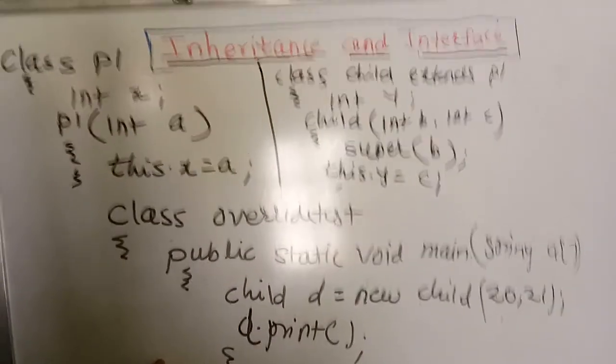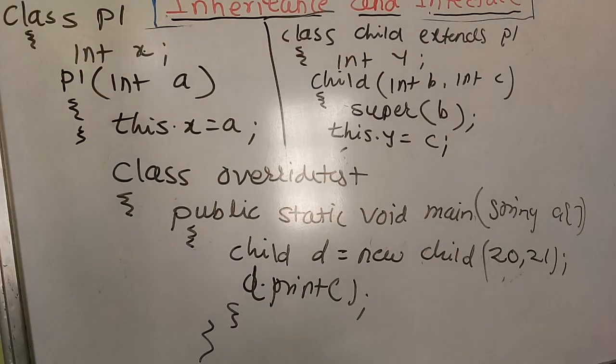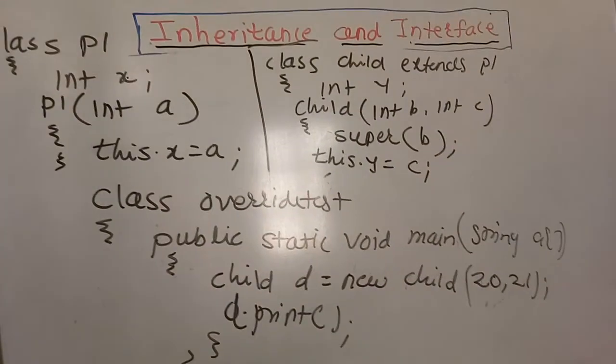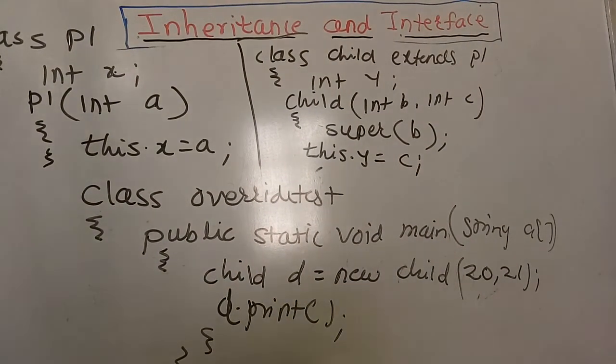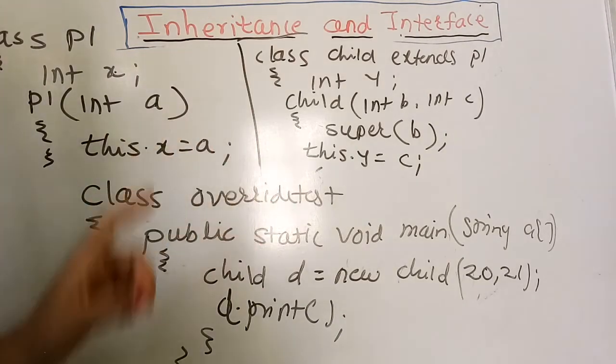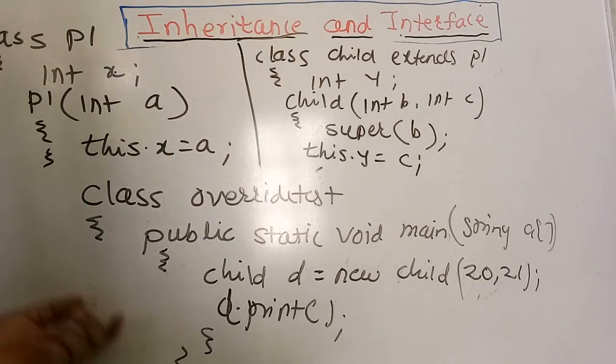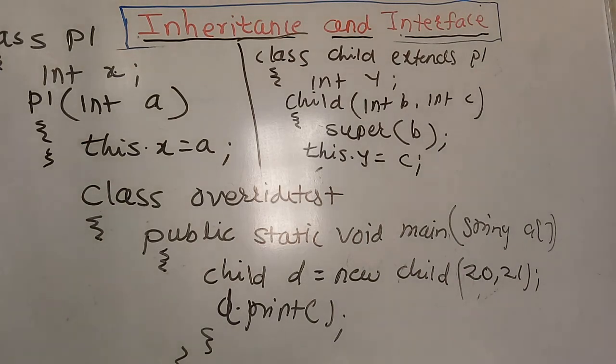Now which values are printed here? It will directly call the child class method, that is, the method written in the child class. It prints the two values x and y, so this method is called. If there was no such method in that class, then it would shift to the parent class method. So this is the actual mechanism behind method overriding in a Java program. Thank you so much.